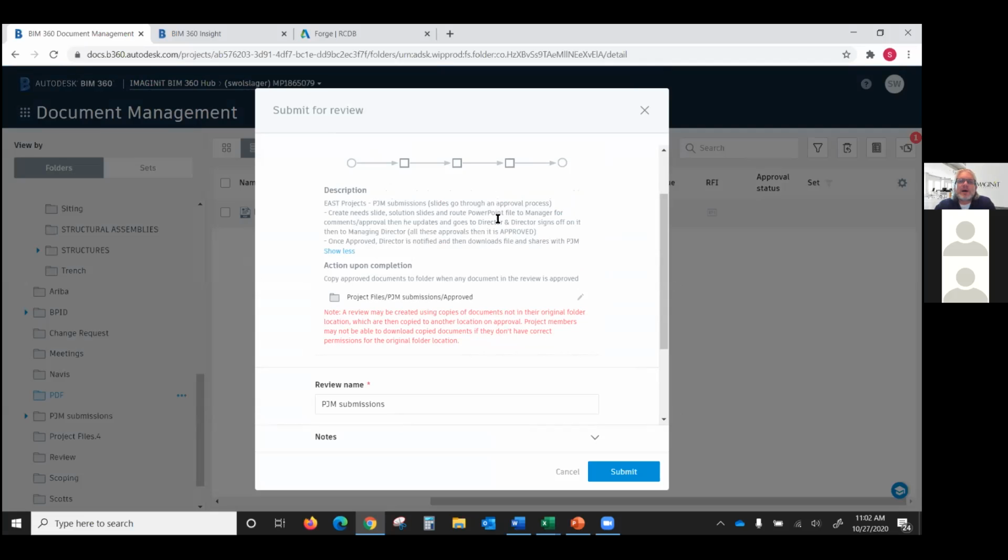It's going to route the PowerPoint file to a manager. They're going to make comments. Then it's going to go to the designer or director. They're going to sign off on it. Once they approve it, the director is notified and they release that document. And then this action happens. It's copying that document to another folder that everybody has permissions to, perhaps, to be able to see, review, markup, and comment on that document. So if I hit submit,